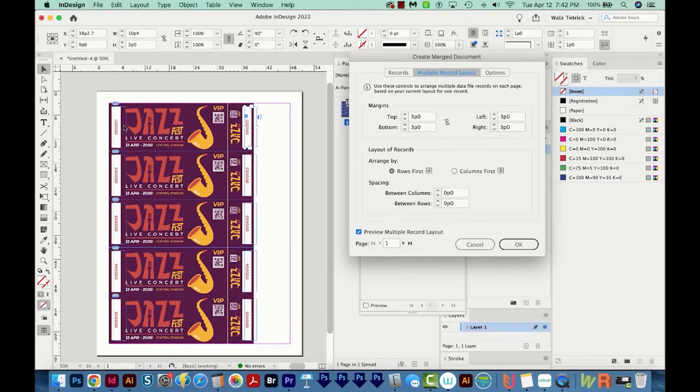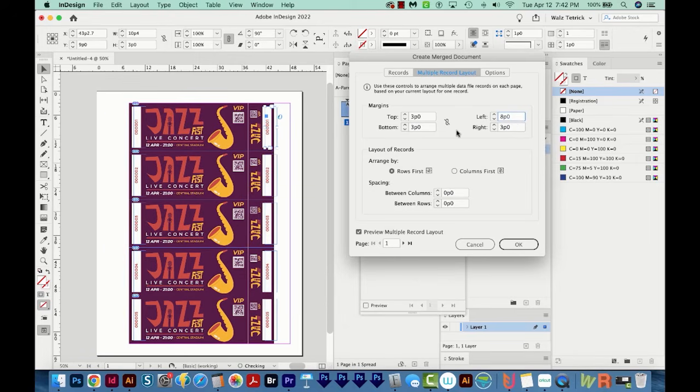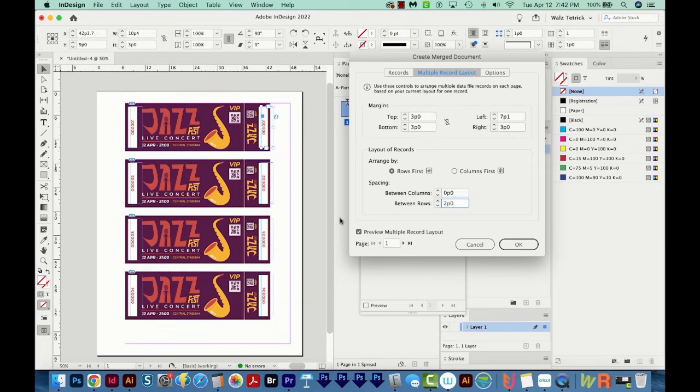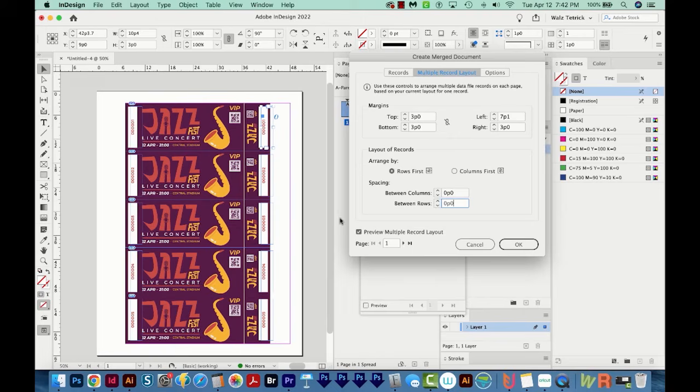Now this is going to put it right up against that margin, so if you want to change that, if you want it to be more centered for some reason, you can unclick this Make the Settings the Same button, and then increase the left margin. So this looks fine. You can also increase the spacing between your rows if you wanted to have a little more space between them. I don't want any because it's kind of nice to just be able to cut right